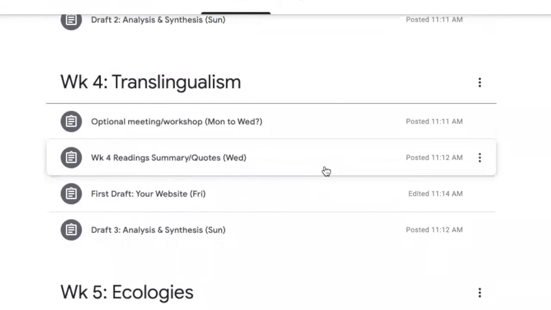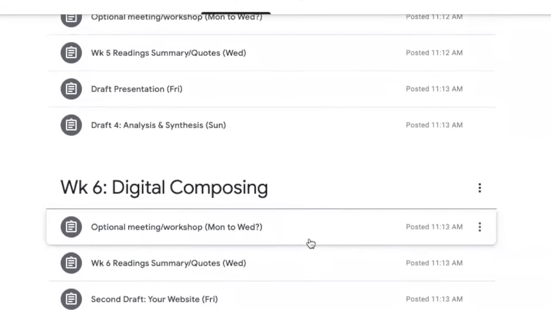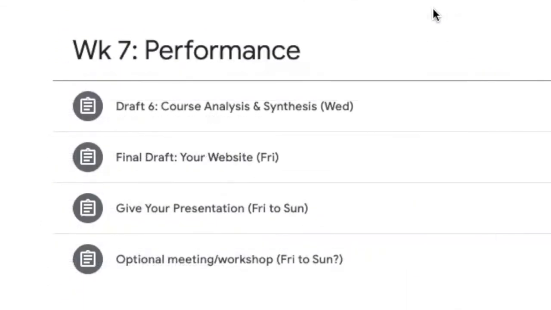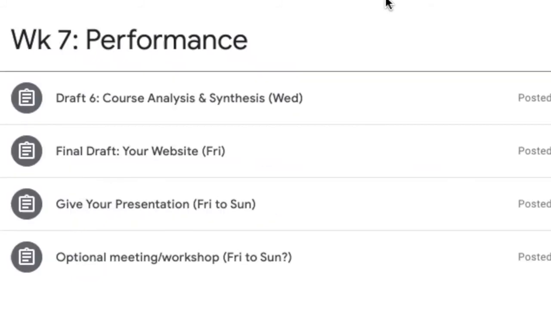In week 4, we're going to look at a theory of writing instruction called translingualism and connected to that rhetorical assessment. In week 5, we're going to look at ecological assessment. In week 6, we're going to think about digital composing. In week 7, we're going to look briefly at performance as a model of assessment. And then we're going to wrap up the course by completing 3 projects: your website, a presentation about writing assessment, and your last draft of your analysis and synthesis of all the ideas and sources that we have studied here